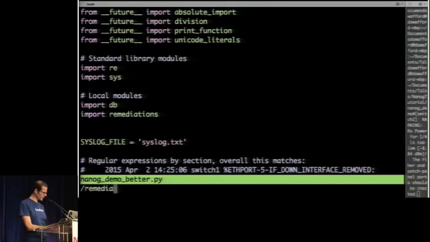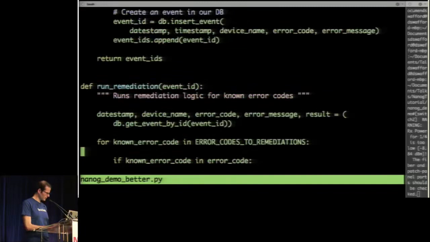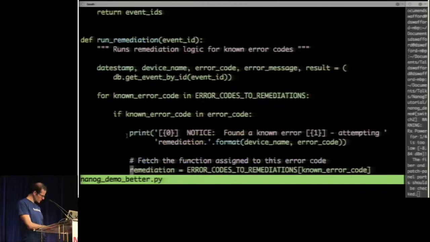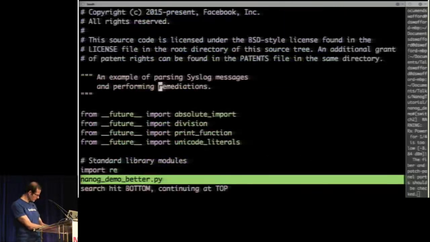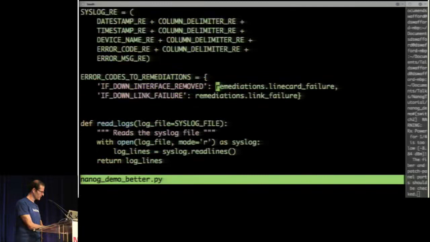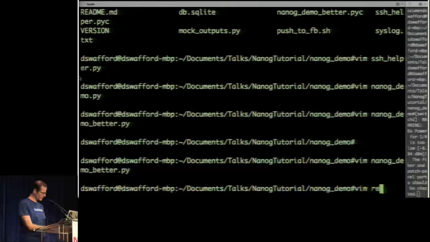And then if we look at where we use that, we actually reference the remediations, and specifically, we actually reference them in this dictionary here. And so this is actually how I'm splitting this up and making a demarc between the code that runs the actual system or the parsing thing and the actual remediation code. And so if we look at the remediation file,